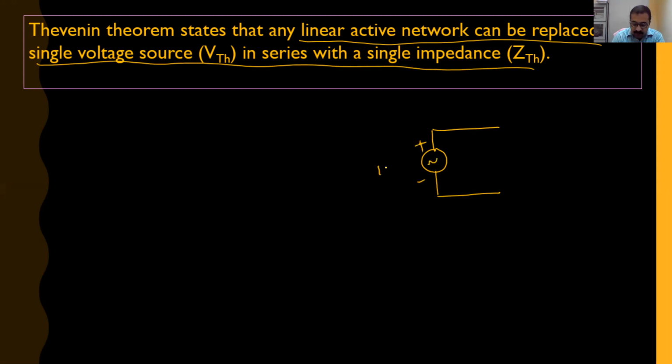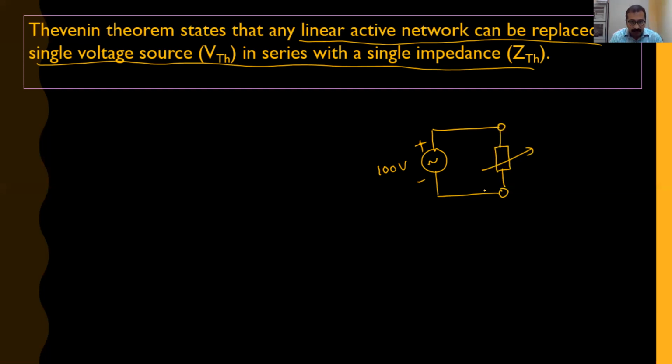Say, for example, this is 100 volt. 100 volt means whatever the impedance or load across this voltage source, its voltage will remain the same, 100 volt. Assume it is a 10 ohm resistance. Still, the voltage appearing across the load points will be 100 volt. Suppose the load is 100 ohm. Again, the voltage seen at the source terminals will be 100 volt. So it gives a constant voltage irrespective of the load connected across the terminals.